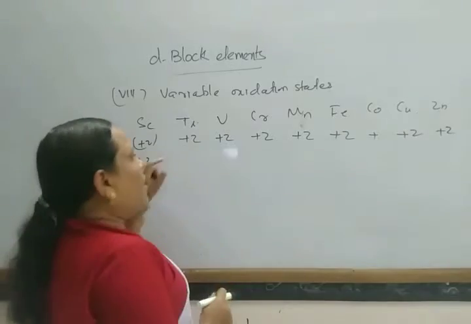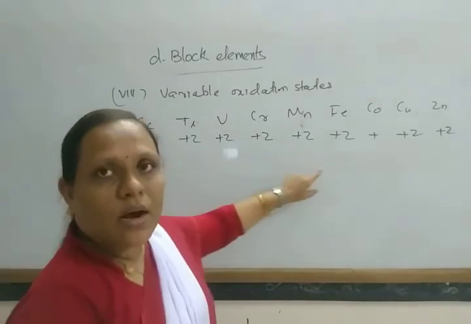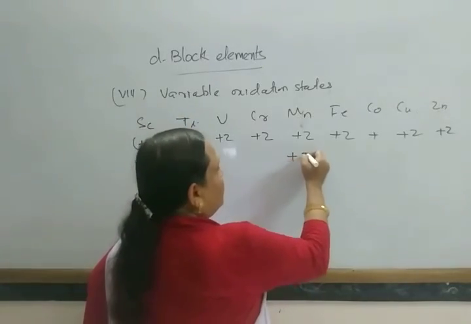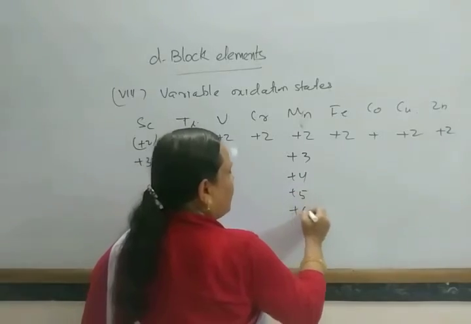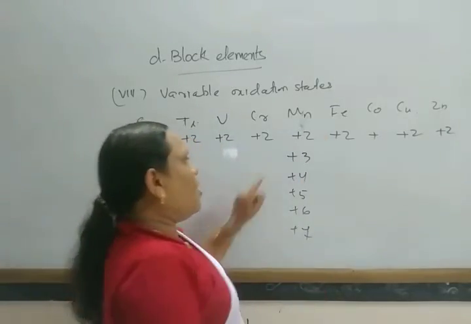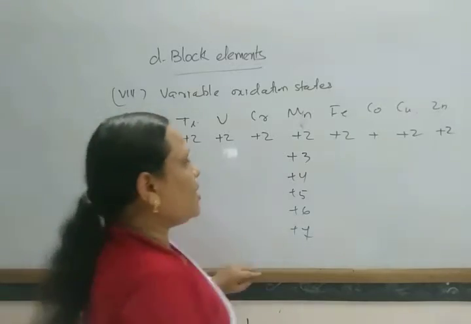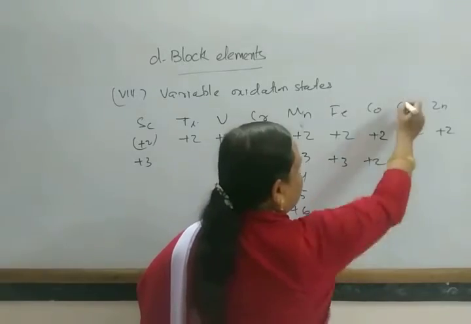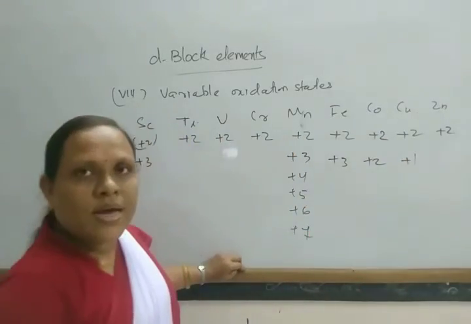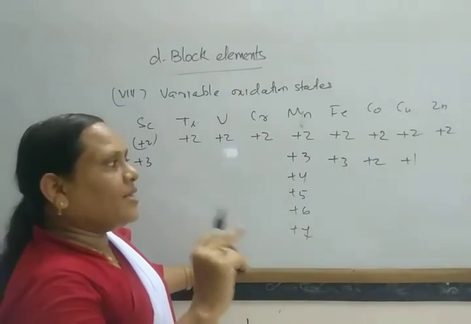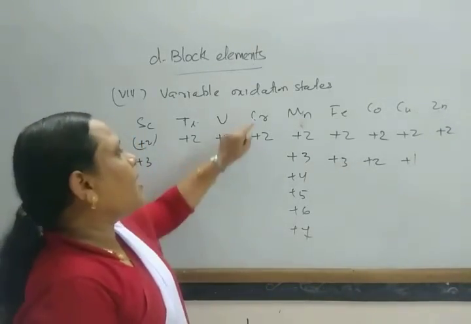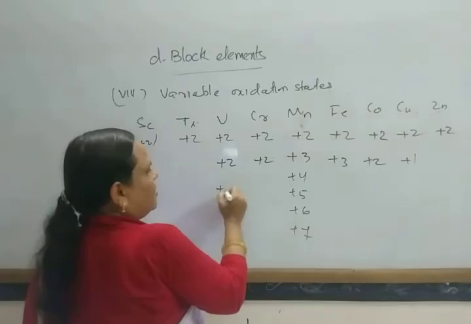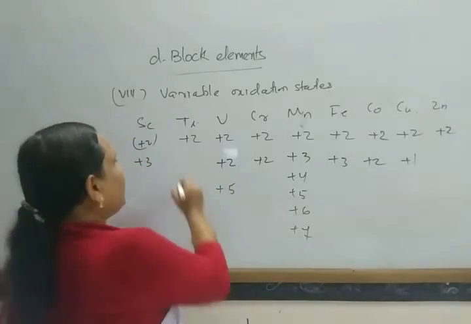Then this variable oxidation state increases up to manganese. Manganese shows the various oxidation states of +2, +3, +4, +5, +6 and +7. It shows all types of oxidation state. While iron possesses +2, +3, cobalt possesses +2 and +3, copper possesses +2 and +1, as its electronic configuration is ns1 and (n-1)d10, and chromium also possesses +2 and +3, vanadium +2, +3 and also exhibits oxidation state of +5, titanium